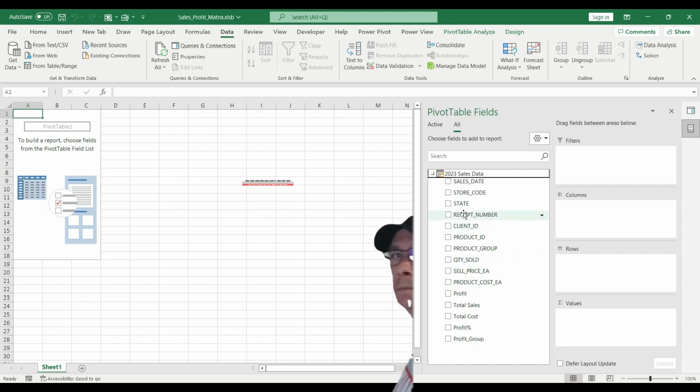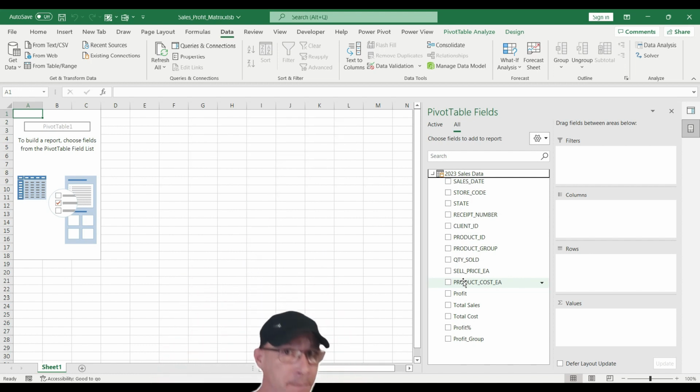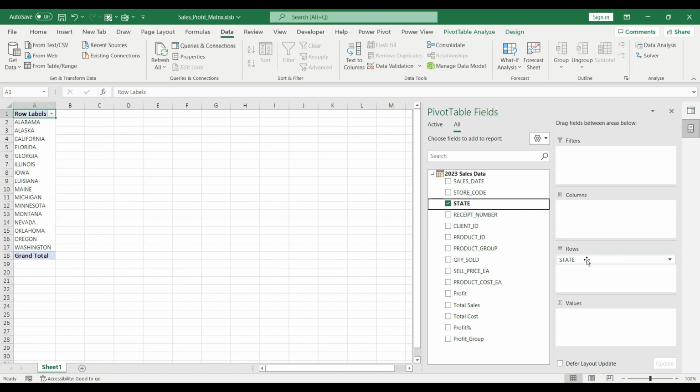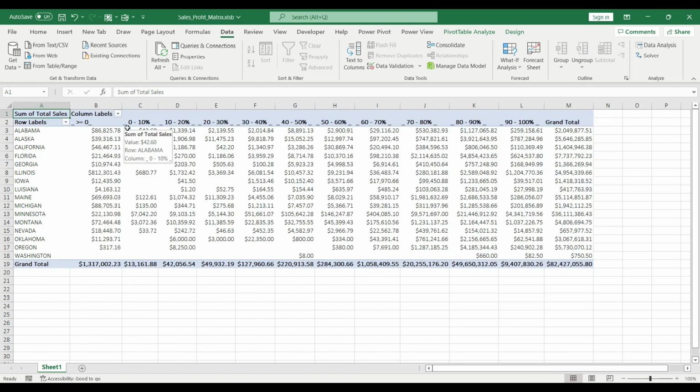There are multiple ways to display the actual data in a matrix, but we are going to use just one example this time. So let's say I want to see how the different states are performing in my business. So I'm going to move the states field into the rows. I want the profit groups as column, then I want the total sales as value. And as you see, my basic matrix has been created,